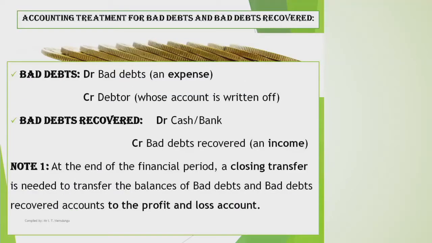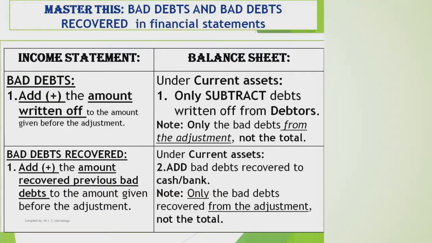Okay, bad debts, like I say, is an expense, and expenses are increasing on the debit side, and then when they are written off, they decrease on the credit side. Bad debts recovered, that is an income, and incomes are always increasing on the credit side, and then they decrease on the debit side. Okay,